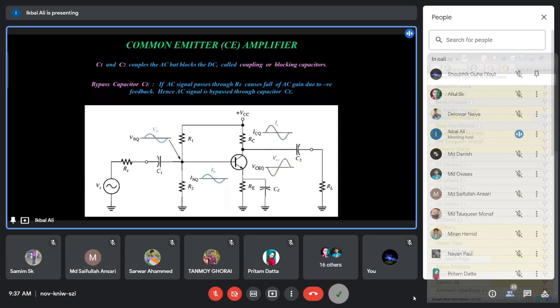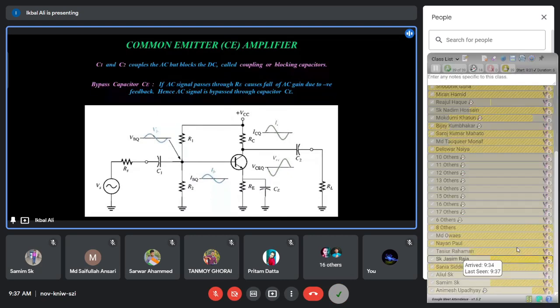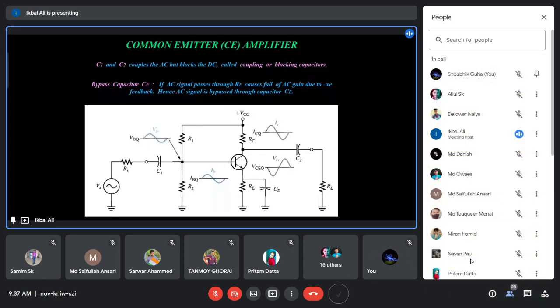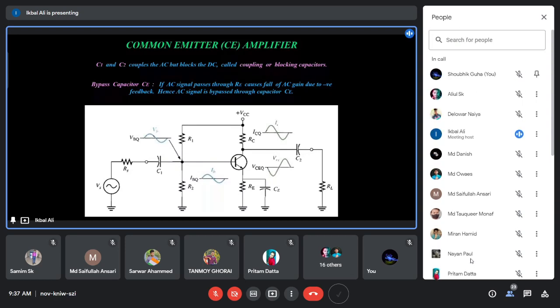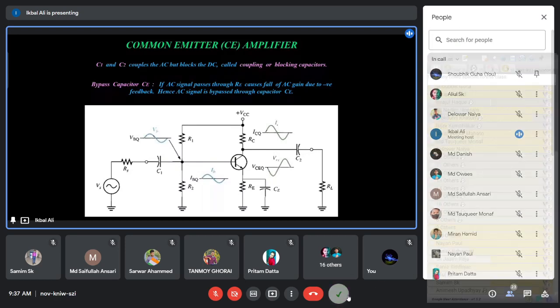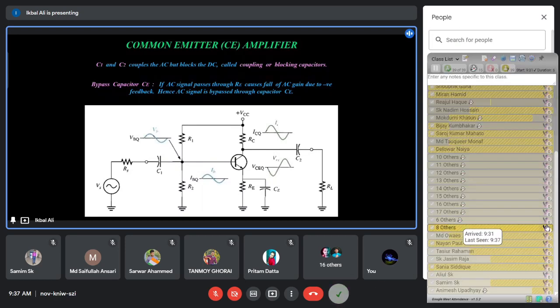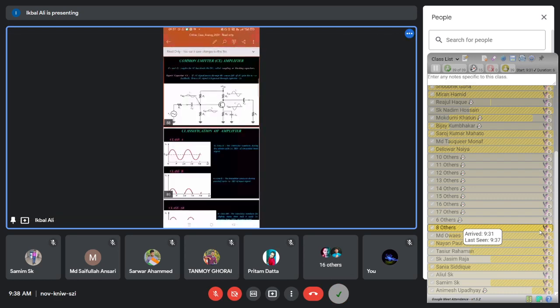We are discussing amplifiers. With the help of a transistor, you know that a transistor is a three-terminal device. It can amplify. Like the transistors, there are other three-terminal devices that were invented after the transistor: the junction field effect transistor, JFET, and MOSFET, metal oxide semiconductor field effect transistor. These are all also three-terminal devices.